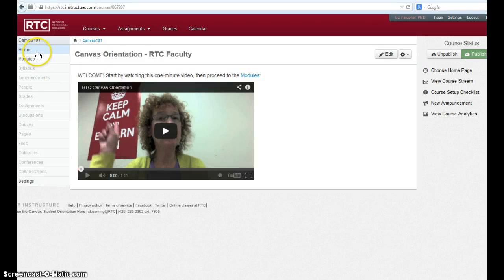We're going to look at the navigation bar and see what it holds for us. And as teachers, you can decide what you want to show your students. So for example, in my Canvas orientation for faculty, I only have the home page and the modules. That's all that's showing here. And I chose to do that because I wanted students to only have this limited ability to look at these